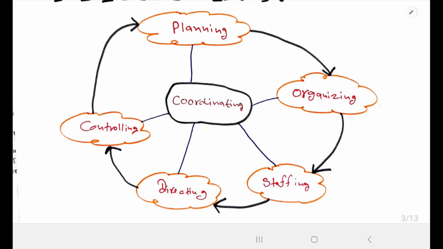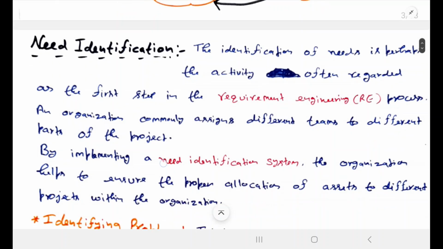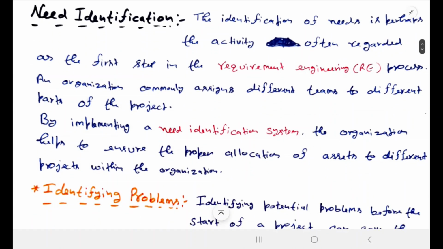So let's move ahead towards our next topic, that is need identification. Need identification means when you are going to develop a software and you have specified your needs, then how we can identify these specific needs. We will learn about this process,